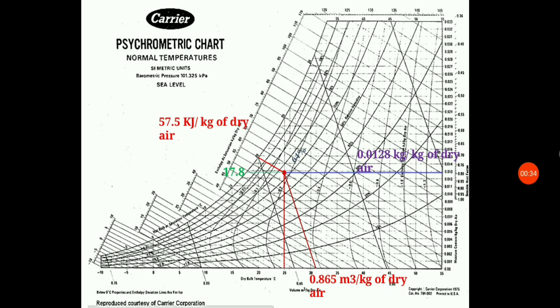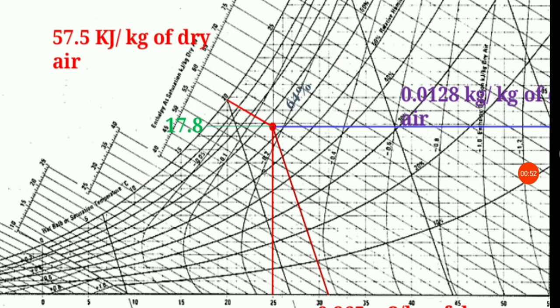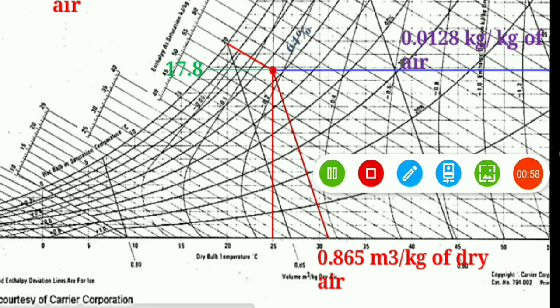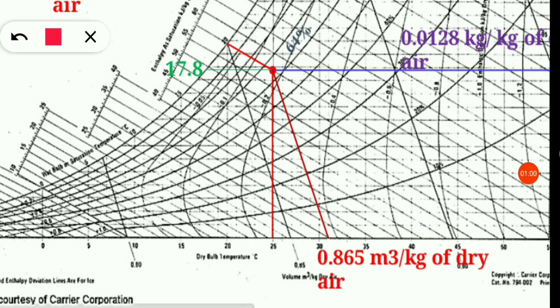So here on your screen you can see a psychrometric chart. Now, to solve the numerical, first of all the given conditions are a dry bulb temperature of 25 degrees Celsius and wet bulb temperature of 20 degrees Celsius. So first of all we have to draw the lines of 25 degrees Celsius dry bulb temperature and 20 degrees Celsius wet bulb temperature. Here you can see the 25 degrees Celsius dry bulb line drawn in red color, and the 20 degrees Celsius line drawn in red color from the saturation curve. Here it is the 20 degrees Celsius wet bulb temperature line. This is the 20 degrees Celsius wet bulb temperature line.